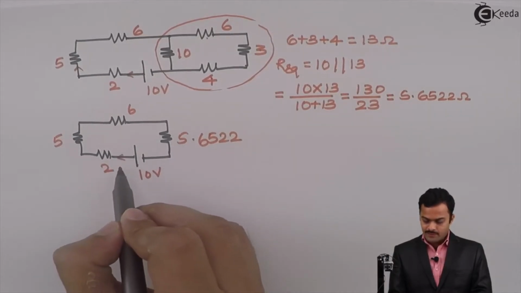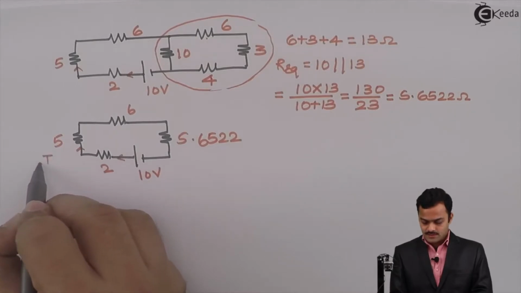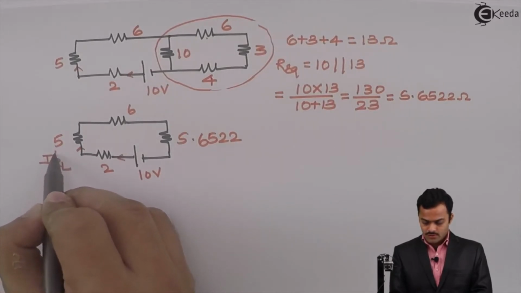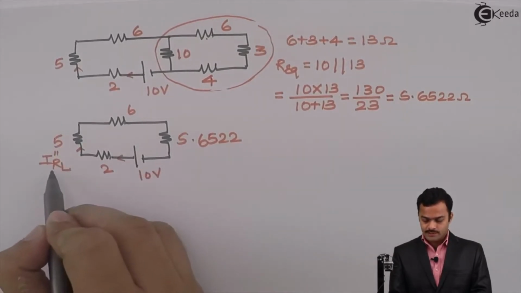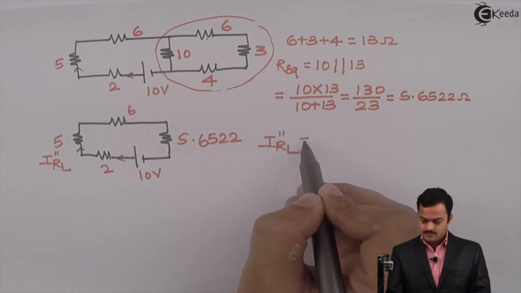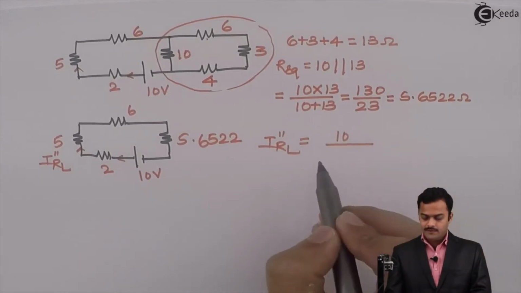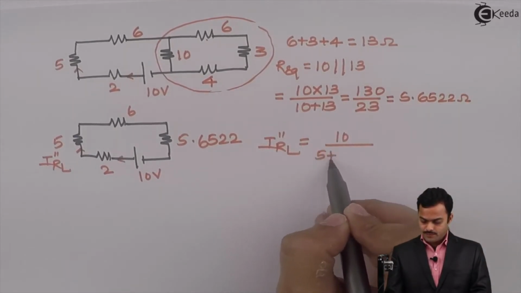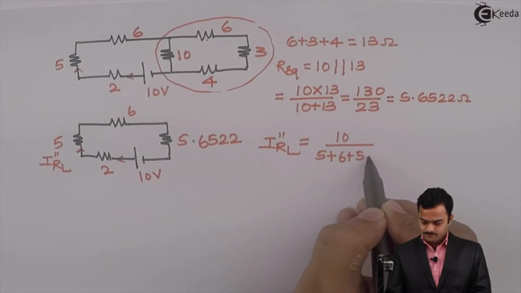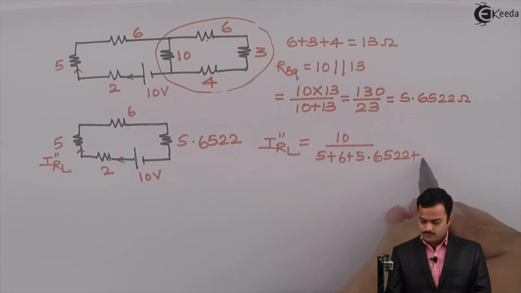So the current given by this battery, which is nothing but current flowing through 5 ohm resistance because of second source. So I denoted it as IRL double dash equals 10 divided by 5 plus 6 plus 5.6522 plus 2,